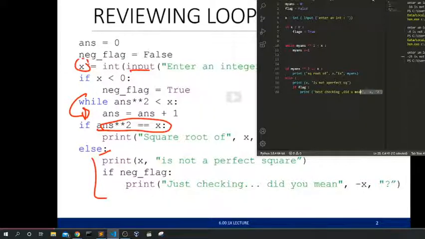It did print "is not". Why are you doing this to me? I don't know, guys. Actually, I have to print this last one. It's not printing it actually.